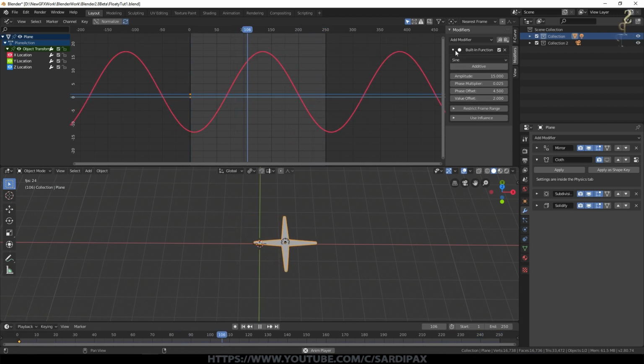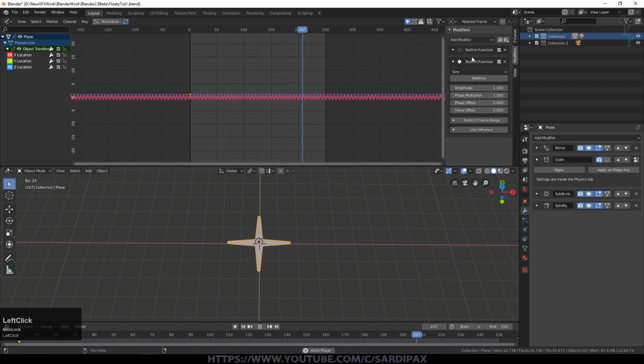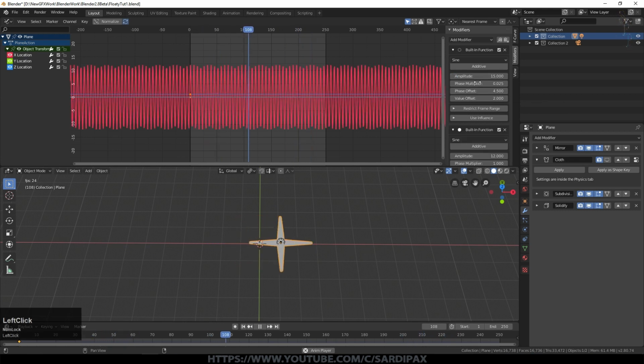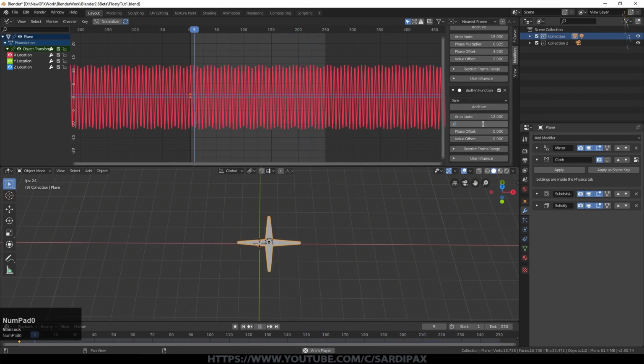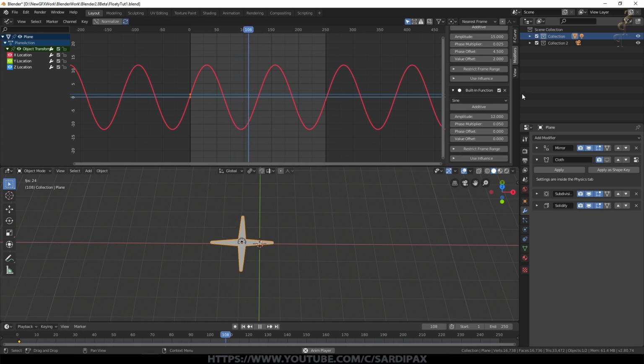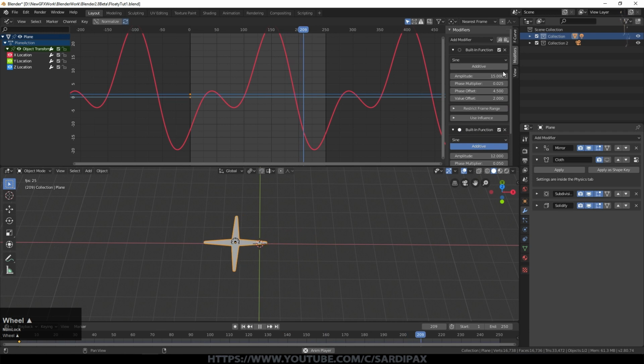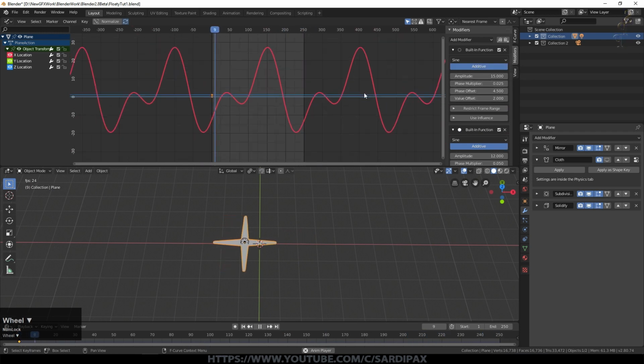So that's fine. And now I'm going to add another modifier, which is also a built-in function, and it's sine. Set this one to something like 12. The other one has a phase multiplier of 0.025. So I'll set this one to 0.05. But I'll click additive. So it's now adding to the previous one. Just click that on both of them, so it doesn't really matter which one's up there.